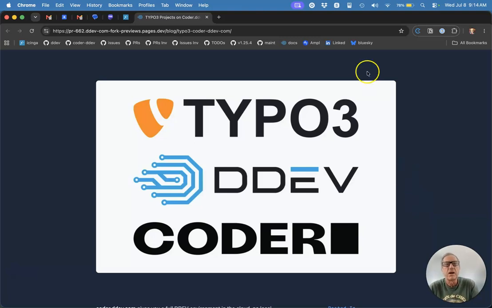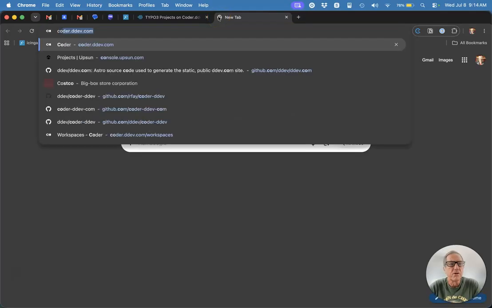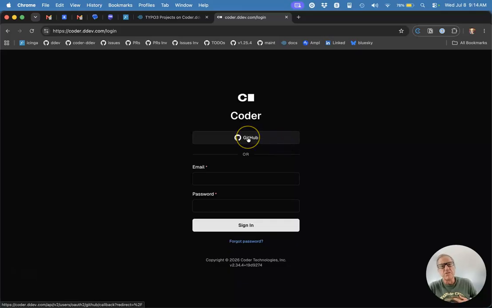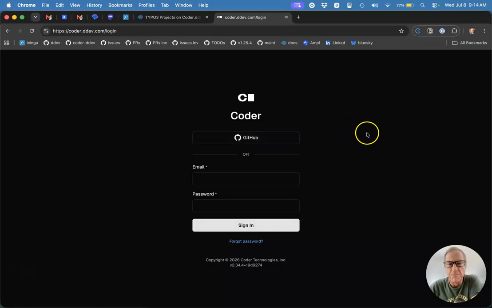So let's just try it right quick. I am going to go to coder.ddev.com. I have to log in. We use GitHub for logging in. You have to either be a member of an accepted organization or you have to ask for permission, which is really easy to do. We'll have that in the blog post. It's just an issue if you want to use it for contrib, but the best way to do it is to get your organization to sponsor DDEV at the partner level. So I'm going to log in with GitHub,